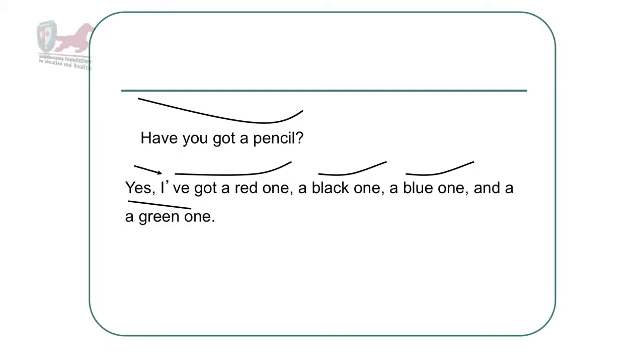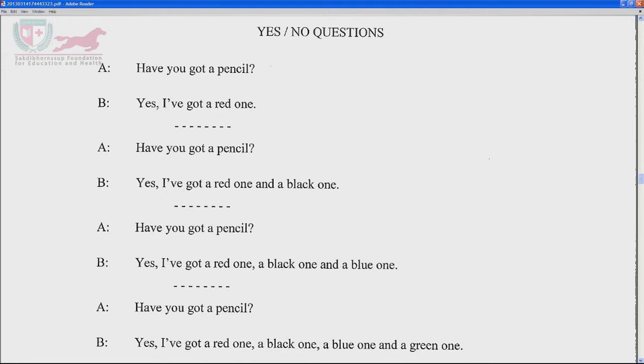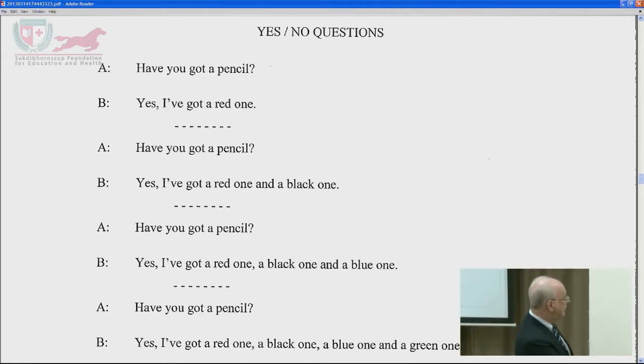But what about this? What if we've got an incomplete list? What does this tell us? First, we've got rid of "and". Now, look what happens here. Dot, dot, dot. That is telling us there are more. I've not finished. So what happens to the intonation? The intonation goes up at the end. And that says not finished.